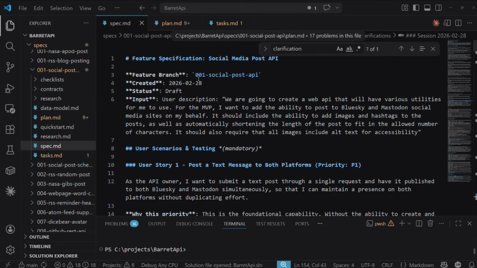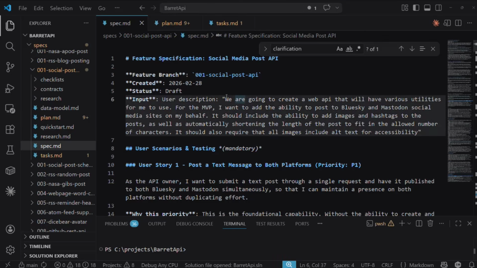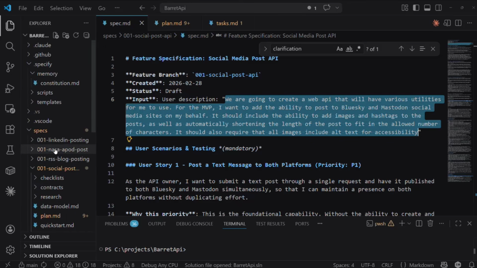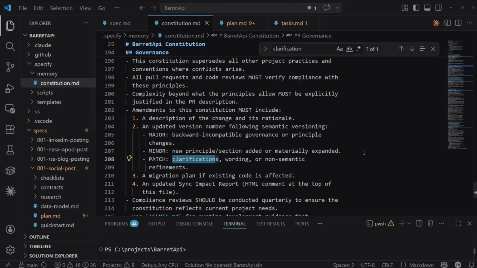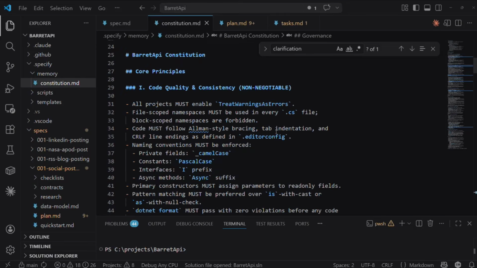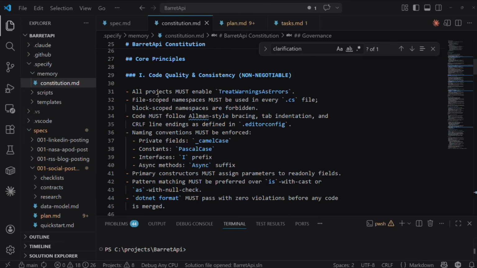So the first thing I ran was the specify command. And what it creates here, as you can see, is the prompt that I added as part of the specify command. Actually, maybe I should jump to the constitution first so I can show you that one first. That's probably better because that's the first step. So this is the constitution that it created, and it gives you an example. You can provide as much detail or as little detail as you want. Like I said, it should be structured in the same way that an agent's markdown file or a Claude markdown file would be, your overall guiding